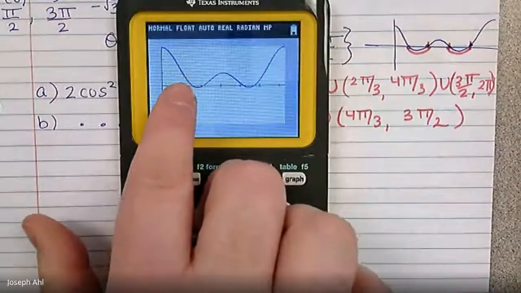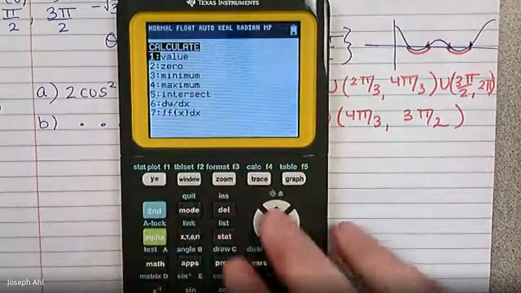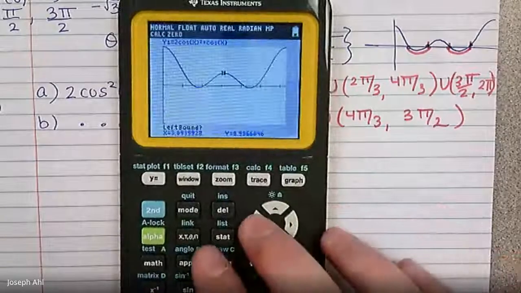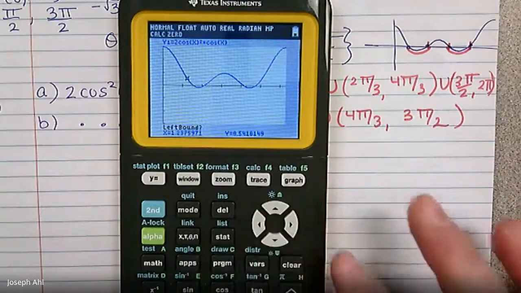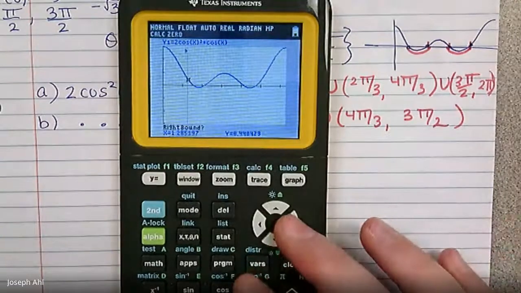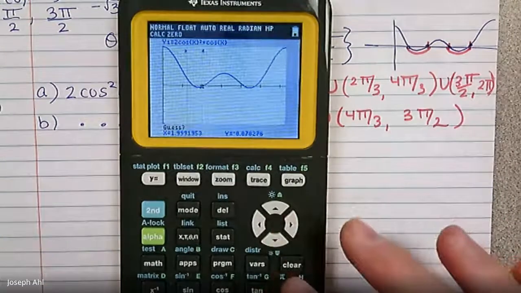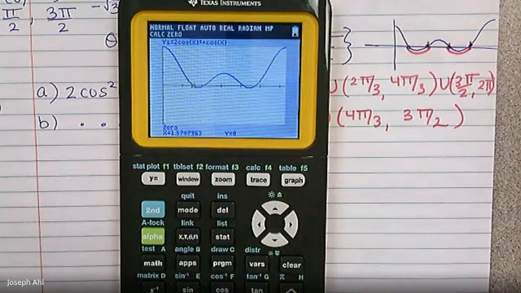If you calculate this first zero, let's say second trace, I'm going to calculate one of the zeros. I'll do the one on the far left side, which we know should be pi over 2. Hit enter when you're to the left of the zero, scroll to the right of it, hit enter again, and then enter for the guess. And it doesn't tell you pi over 2. It tells you